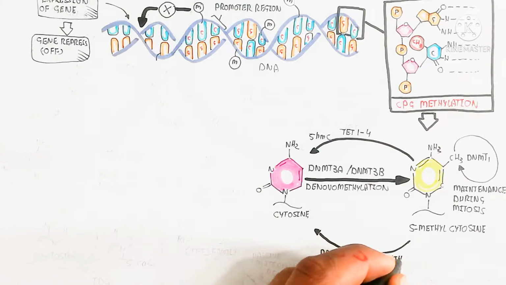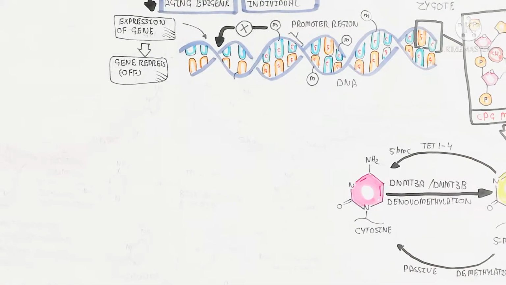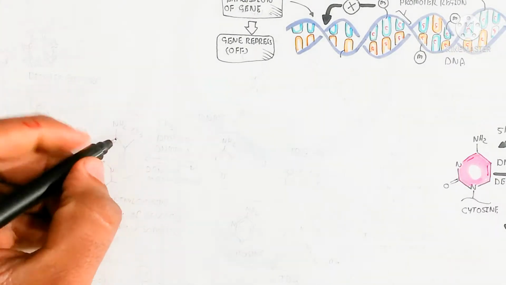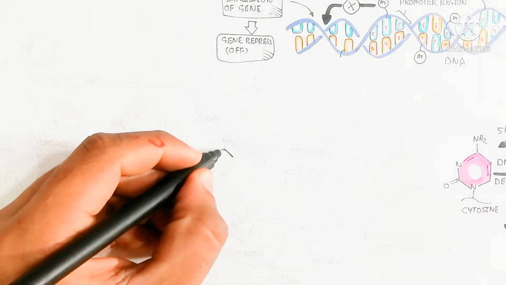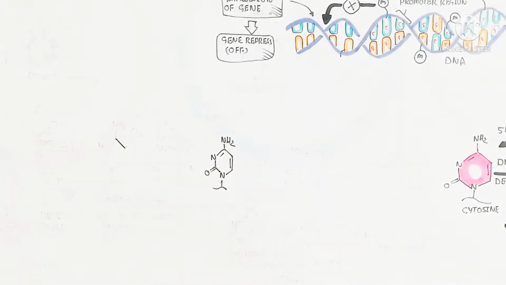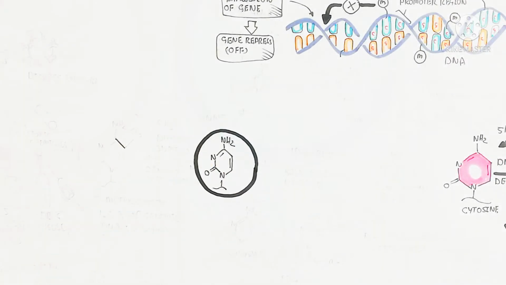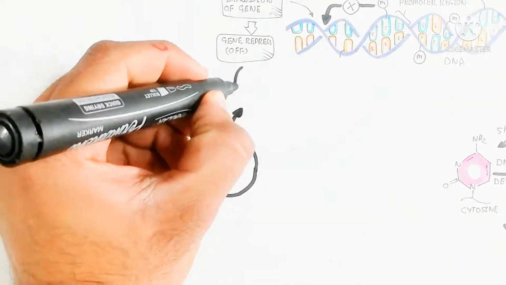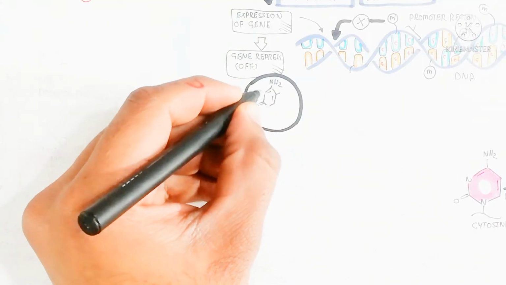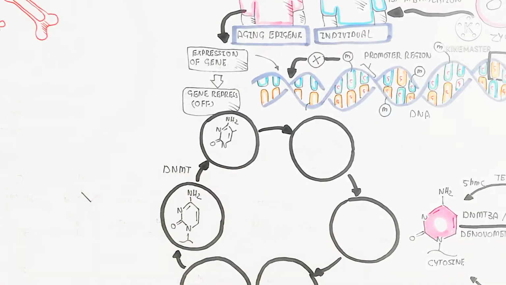It can be reversible, forming 5-hydroxymethyl cytosine through TET proteins 1 to 4. It is active, and passive demethylation also occurs. So let's begin to understand the important mechanism for methylation. Here you can see this is the cytosine. The cytosine with the DNA methyltransferase enzymes 3A and 3B is converted to this type of